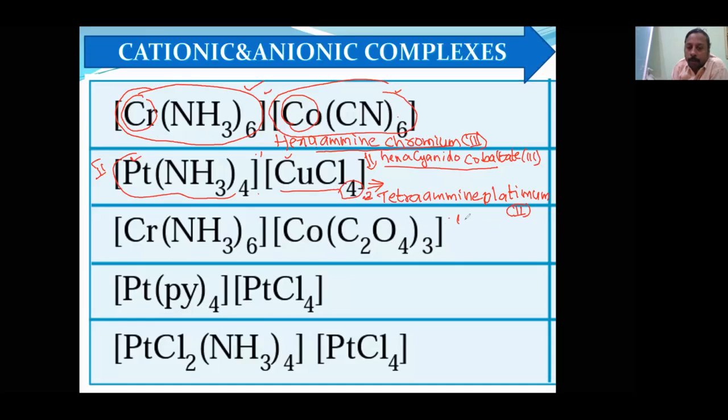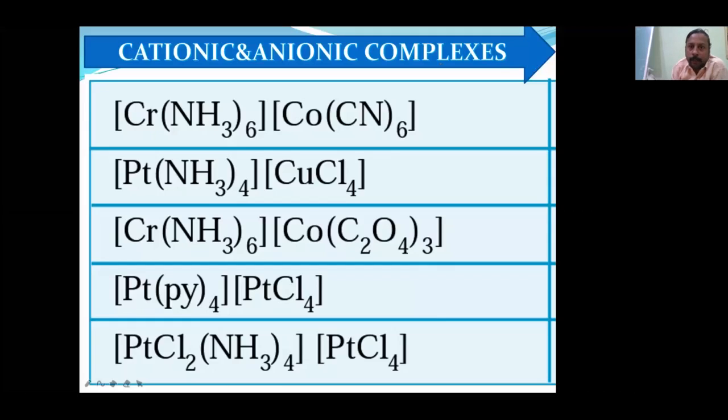So here tetrachlorido. Then cuprate. This will be cuprate because it is on the right hand side, and oxidation number 2. Once again, I am reading it out: tetraammine platinum 2, tetrachlorido cuprate. Now you can try the next one. If you are successful in the third one, that means you are perfect in naming.